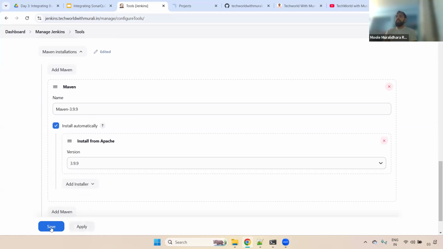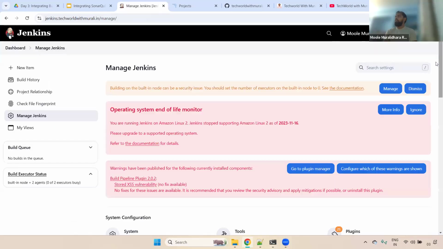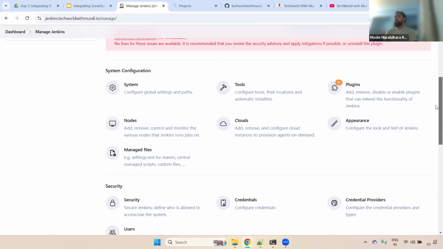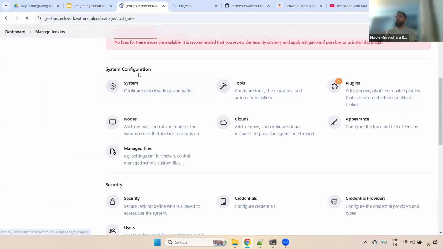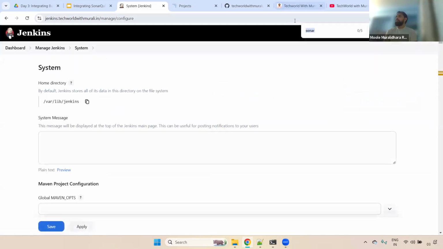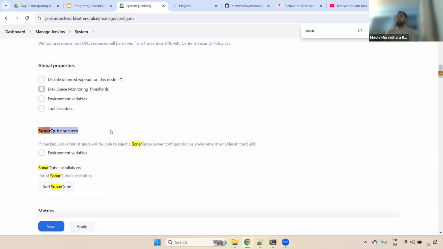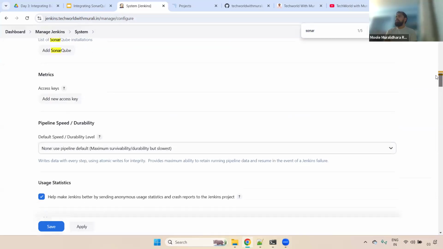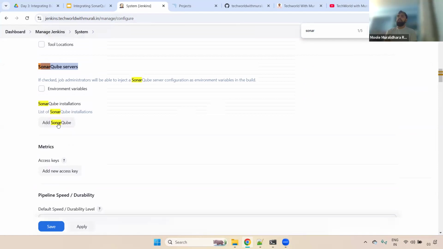Okay. Now here you can apply, save it. Okay, super. This part is clear, right? Now what you have to do? Next, we need to configure SonarQube as well. Go to Manage Jenkins, System, and then you can search with Sonar. If you see here, SonarQube servers, and then you can come down, and here we need to add SonarQube, and